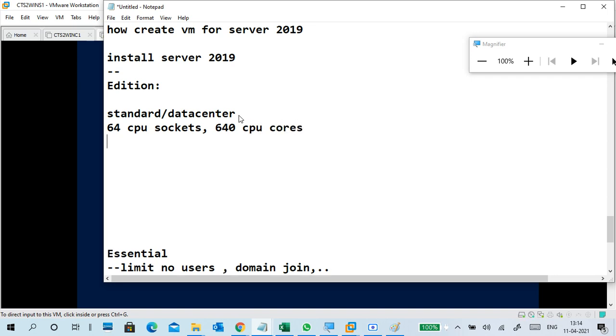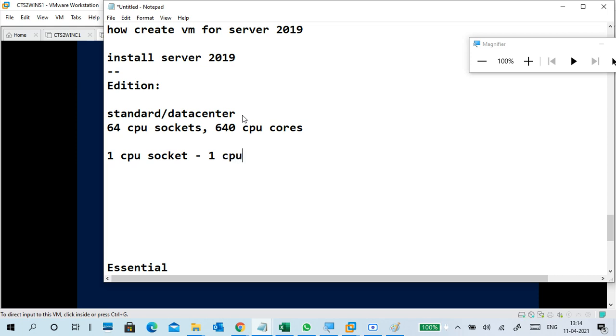What does that mean? One CPU socket means one physical CPU.